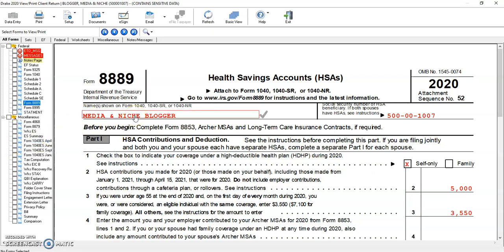So I am quickly recapitulating what I have discussed. Basically HSA is a health savings account set up exclusively for paying the qualified medical expenses of the account beneficiary or the account beneficiary's spouse or dependent. The purpose of 8889 is to report HSA contributions, to figure out the HSA deduction, report distributions from HSA, and figure out the amount of income and additional taxes you may owe if you fail to be an eligible individual. So this is all basic details of Form 8889.